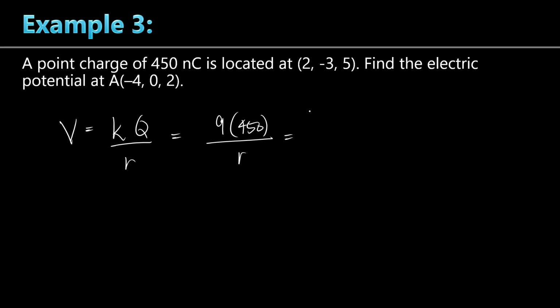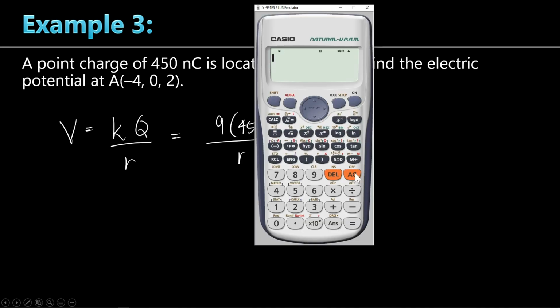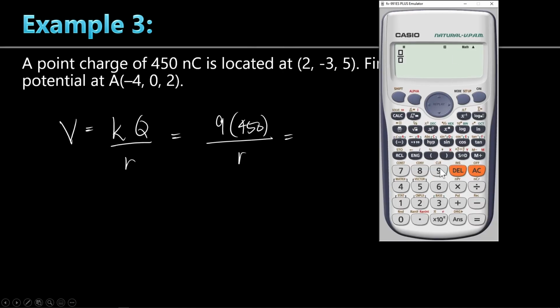Okay. Yung R naman, pwedeng irekta na natin yan sa calculator eh. So, compute na natin ha. 9 times 450. Yung R natin, square root of, negative 4 minus 2. That's negative 6. Negative 6 squared is 36. Tapos plus 0 minus negative 3. That's positive 3. Positive 3 squared is 9. Tapos plus 2 minus 5 is negative 3. Negative 3 squared is 9. Ayan. So, ito na yung KQ over R natin. Equals, ayan. May nakuha na tayo right away. Ang sagot is 551.1